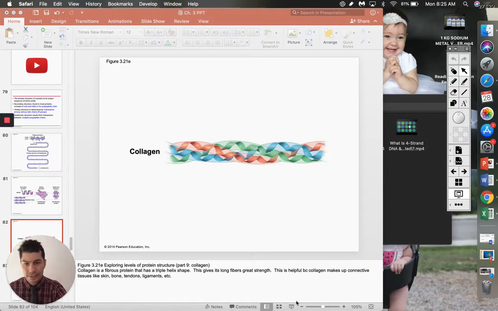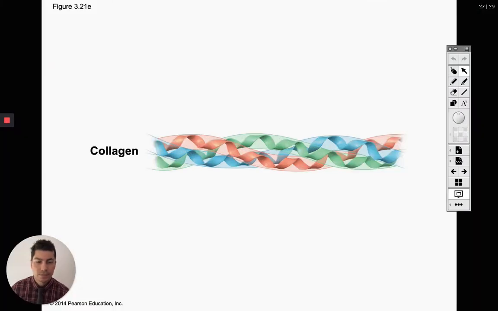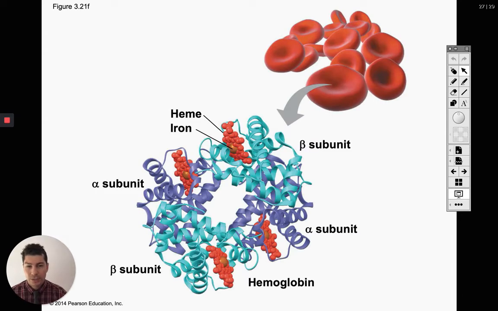Okay guys, so last time we ended up finishing off with our protein structure. We went over our 4 levels of protein folding, and then we finished up going over collagen. So today we're going to start off by going over red blood cells and hemoglobin, which is a protein on